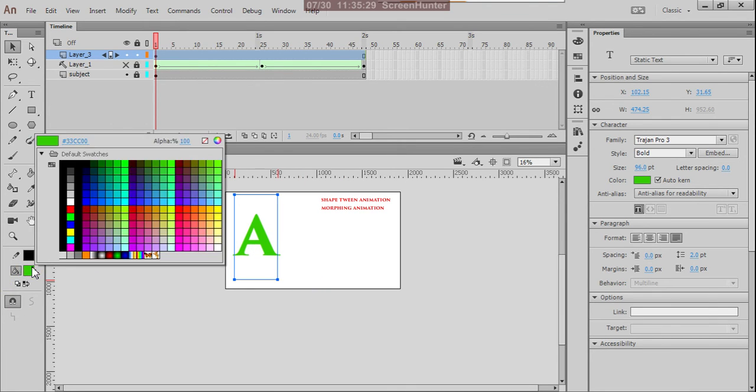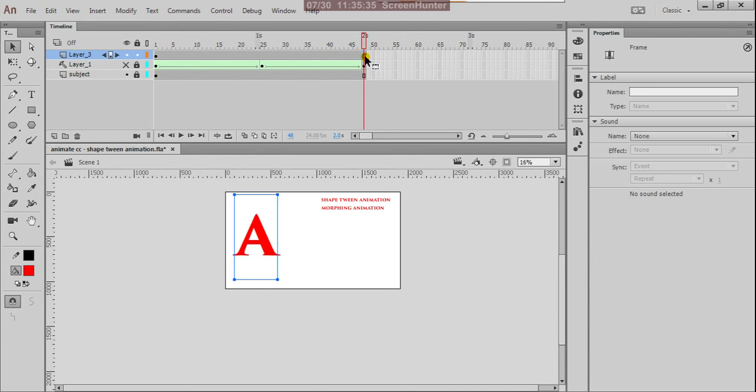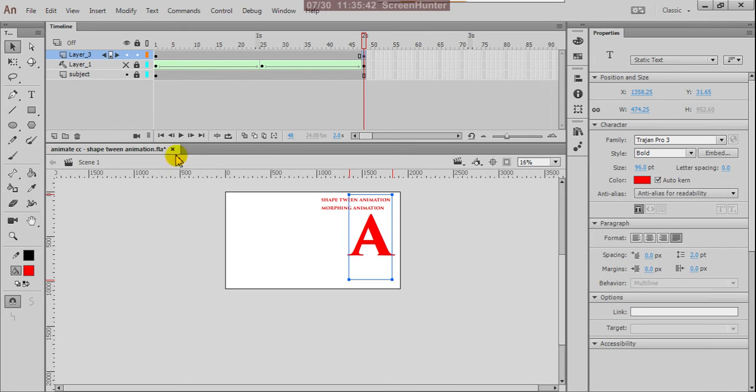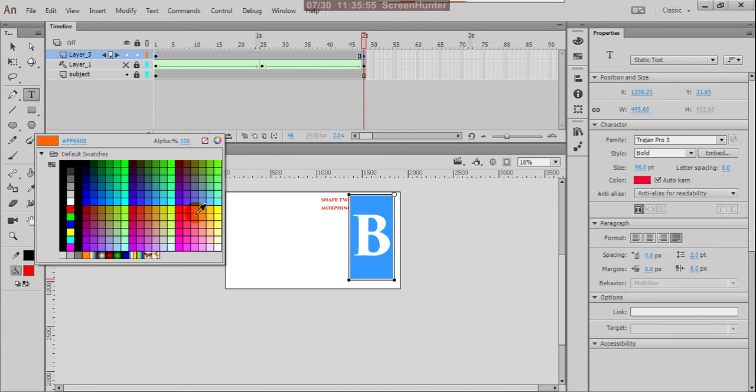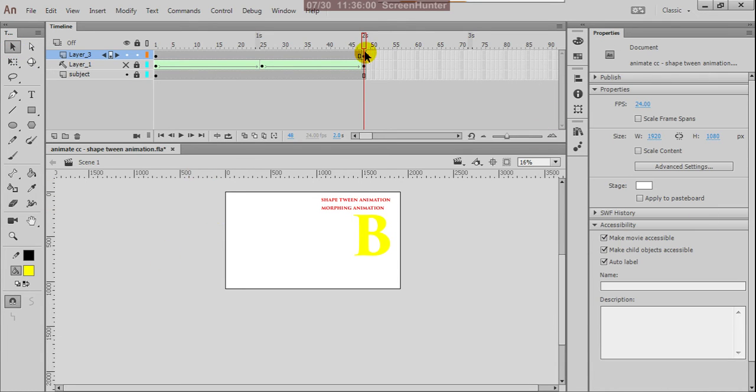Here red you are giving, and here insert keyframe. So both frames are the same, but on the other side I am changing the shape and this text also. Suppose B I am giving, and I am changing the color also.